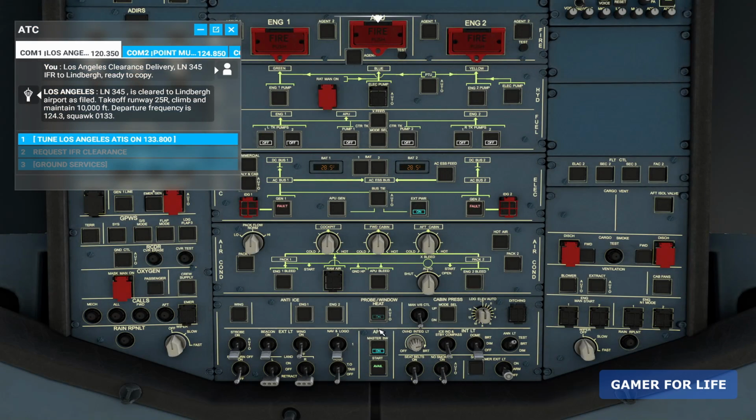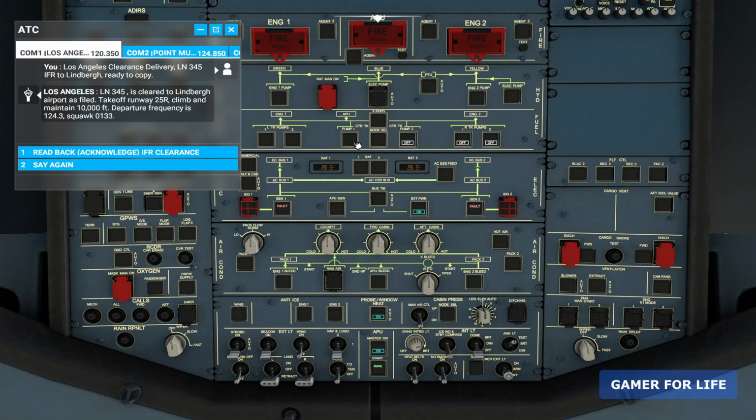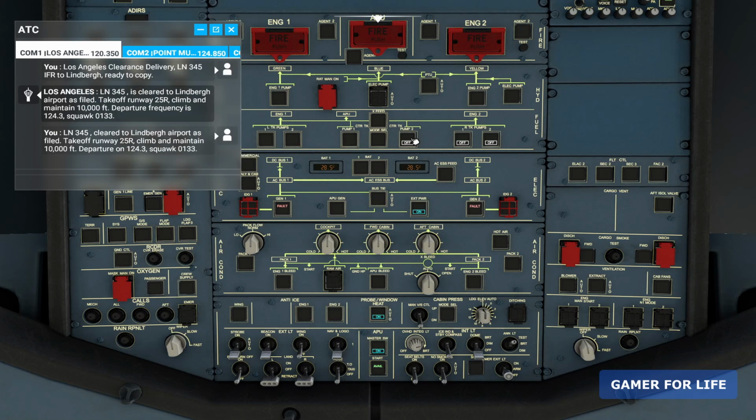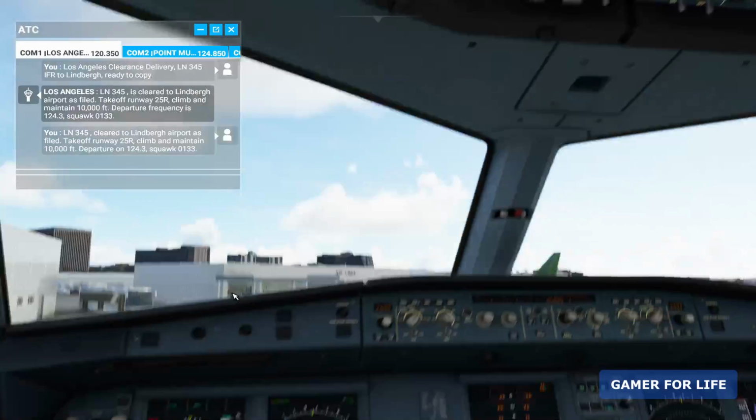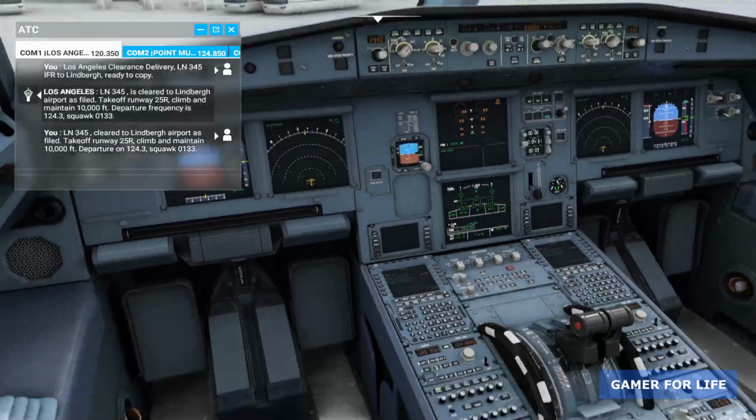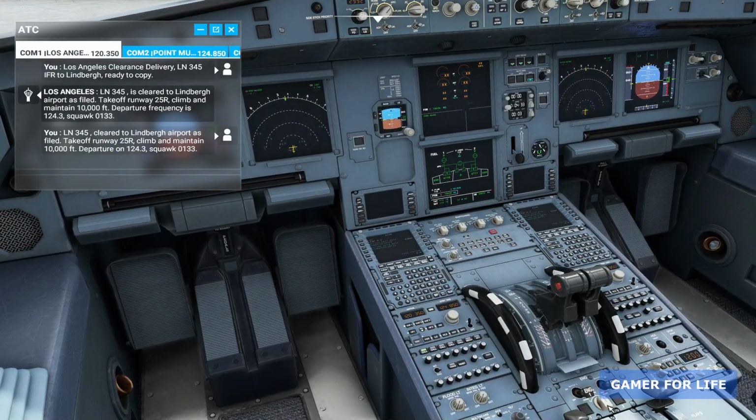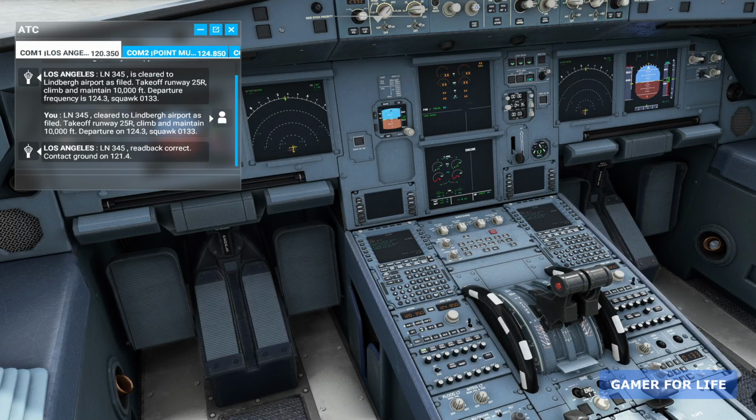Now we can turn on the APU bleed, and this will help channel the energy towards the engine. Let's turn on the fuel pumps as well. Let's acknowledge and then keep turning on the fuel pumps. And now when we click on the engine selector mode, we have to set it to start, and we can turn on engine 2, and we can go outside to see